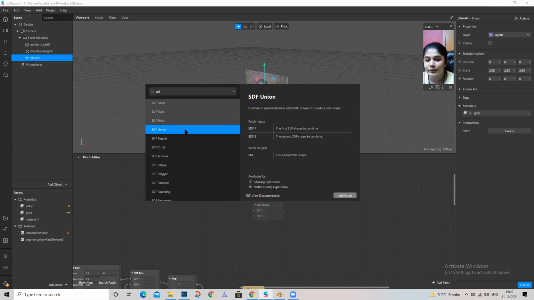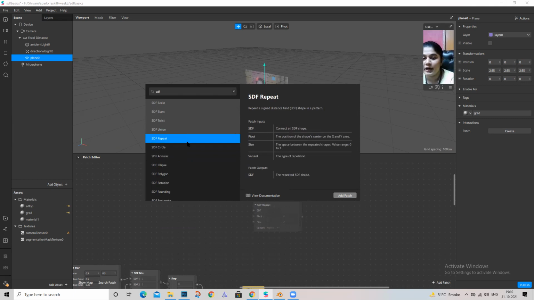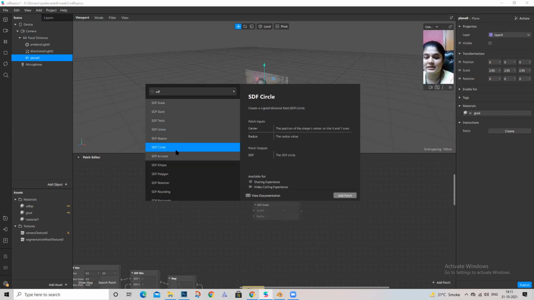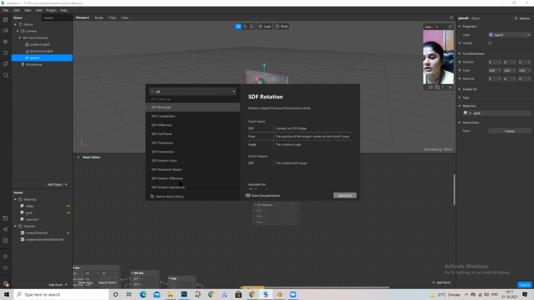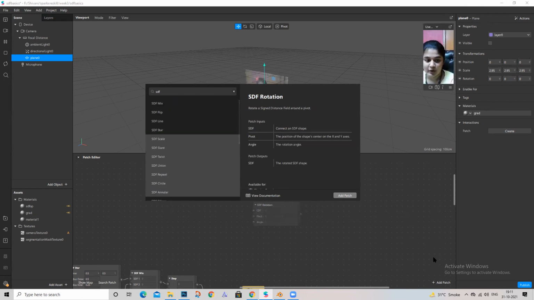We can use Union to combine two SDFs together to make another shape. Then we can repeat, making a pattern shape using SDF Repeat. The circle is another shape. There's Rectangle, then we can rotate it, and so on and so forth.